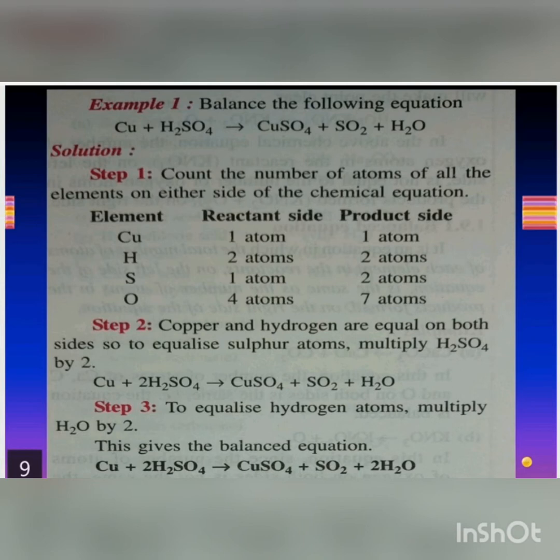And let us see on the right hand side how much we have. Copper sulfate has 4, SO2 has 2, so that is 4 plus 2, 6, and 2 water molecules, that is 2 H2Os, so we got 2 O's there. So 4 plus 2 plus 2, 8. So oxygens are also now 8 on both sides, and this is the way we balance a chemical equation.